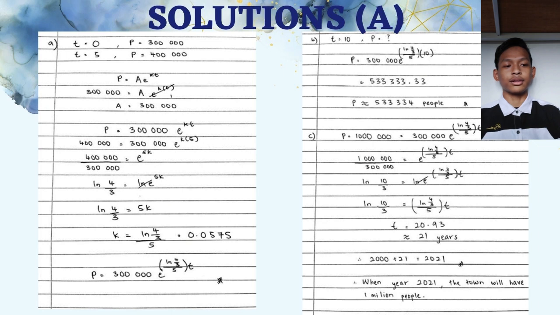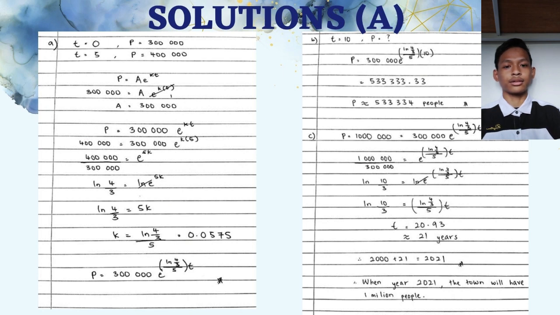So just put the P for 400,000 to the formula. So you get 400,000 equal to 300,000 E power of K, and T you put 5, and in the last you get K equal to ln 4 over 3 over 5, and you get 0.0575, and you put back in the formula, you get P equal to 300,000 E power of ln 4 over 3 over 5